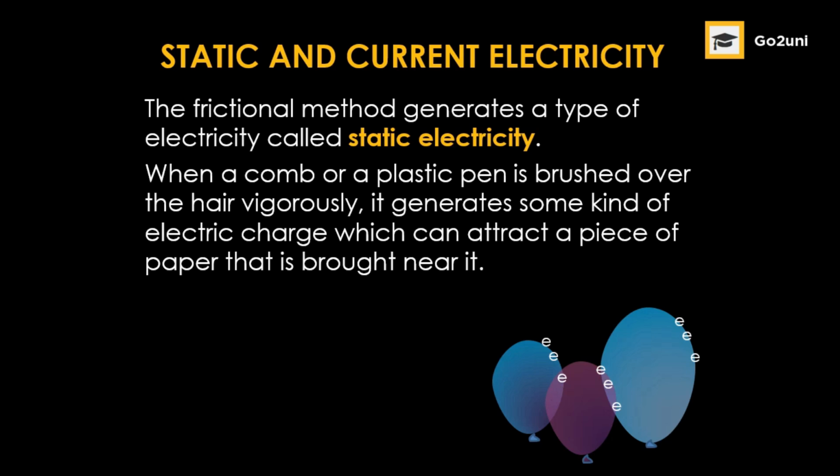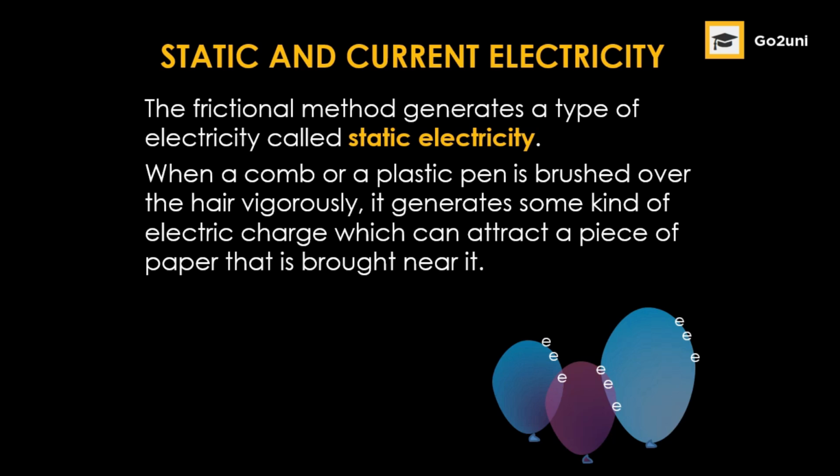Sometimes also we can observe this when we iron silk materials or try to put on these silk clothes or remove them, to pull off our silk clothing. We observe this kind of tiny sparks that is usually generated around this silk material. So when we brush our hair or vigorously let a plastic comb go through our hair or a plastic pen go through the hair and we bring such material close to a piece of paper, we observe that the piece of paper gets attracted to the comb or the plastic pen.